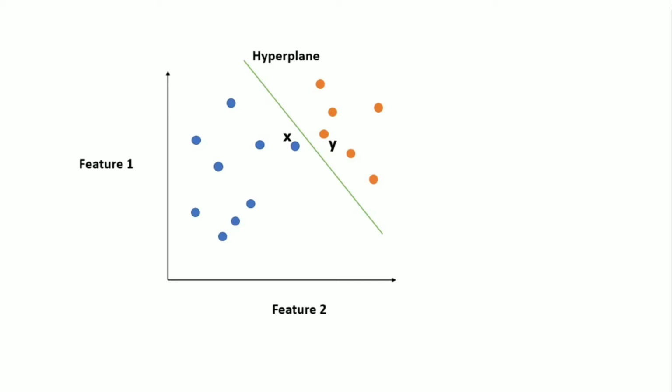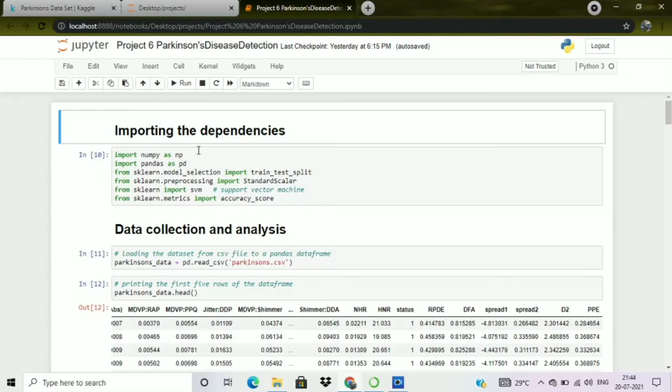So let's move forward. Here I have opened my Jupyter notebook and we will make our model in this notebook. I have imported the dependencies needed for this model. I have imported NumPy and Pandas, two libraries, and from sklearn.model_selection I have imported the train_test_split function. It will split our dataset into two parts. Then from sklearn.preprocessing I have imported StandardScaler. We will do some data standardization with our dataset, which is needed for this model. I will explain later what StandardScaler means.